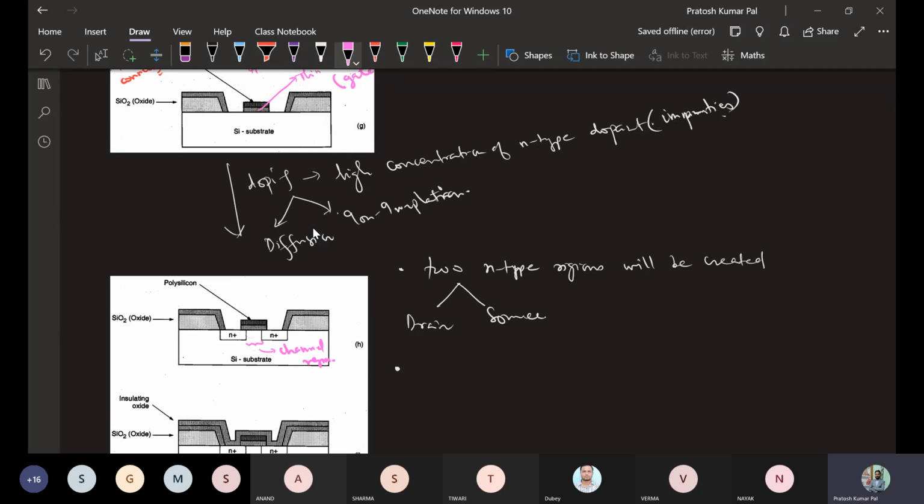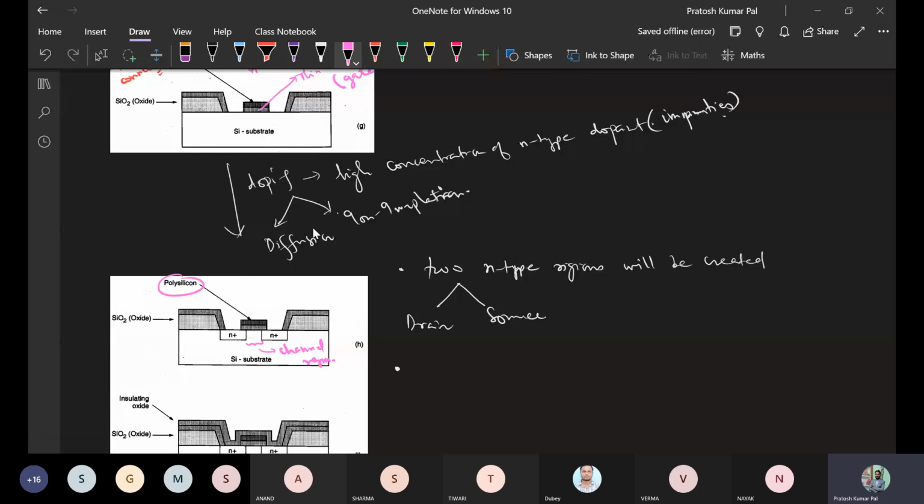Whatever polysilicon width is obtained by patterning will define the channel region. And once we have done that patterning, the position of the n plus regions for source and drain, where the doping should be performed, will also be defined by the patterning of this polysilicon.